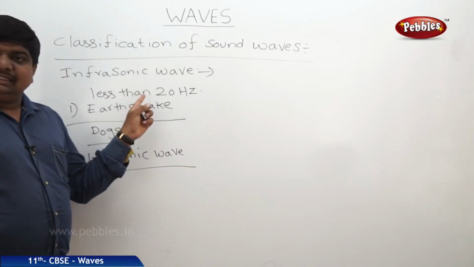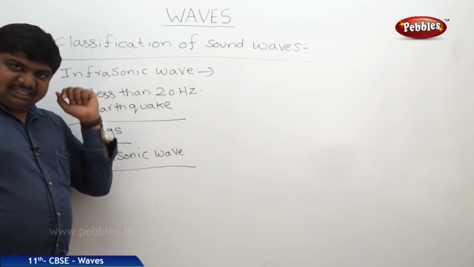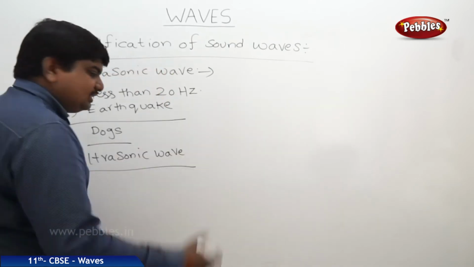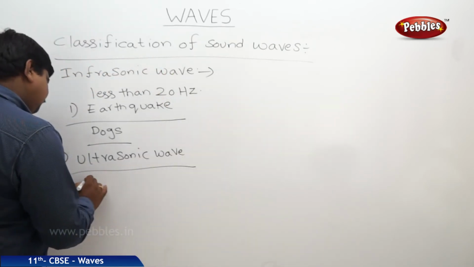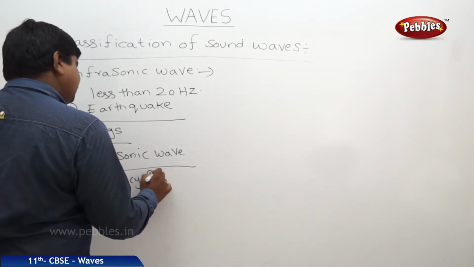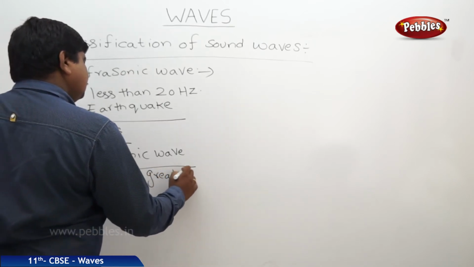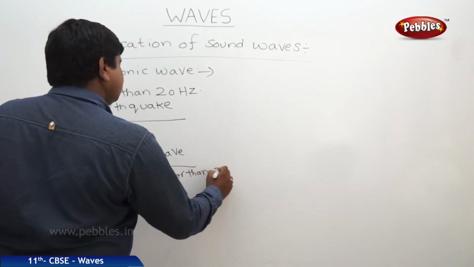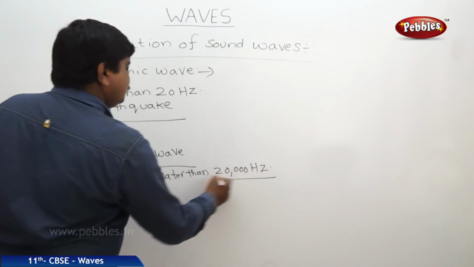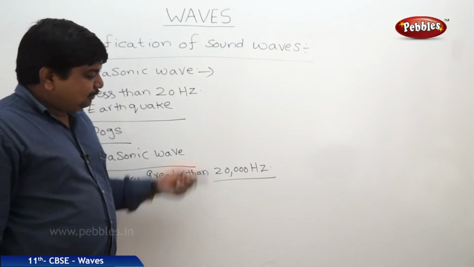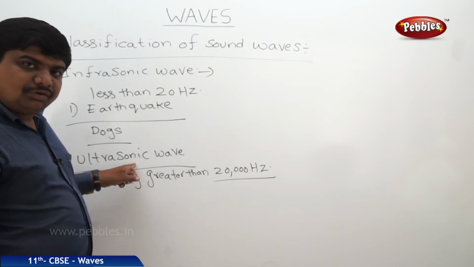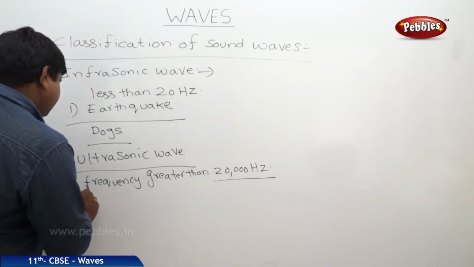Infrasonics are the frequency less than 20 Hz. Ultrasonic means the frequency which has more than 20 kHz. Frequency greater than 20,000 Hz. So if the frequency of the sound wave is more than 20,000 Hz, those sound waves are called ultrasonic sound waves. Examples: